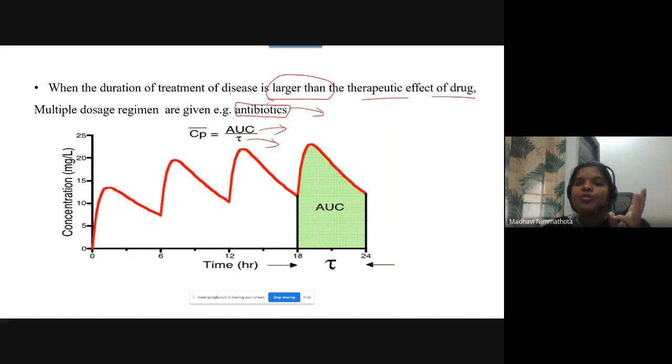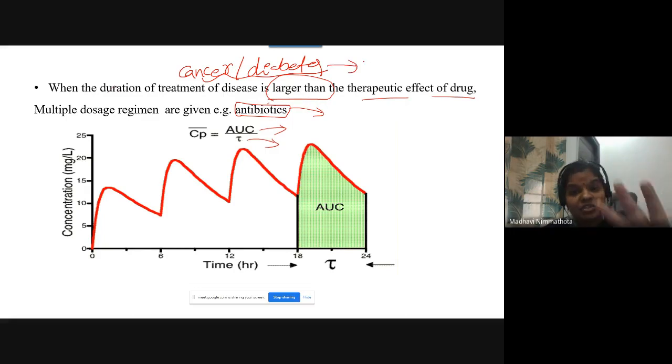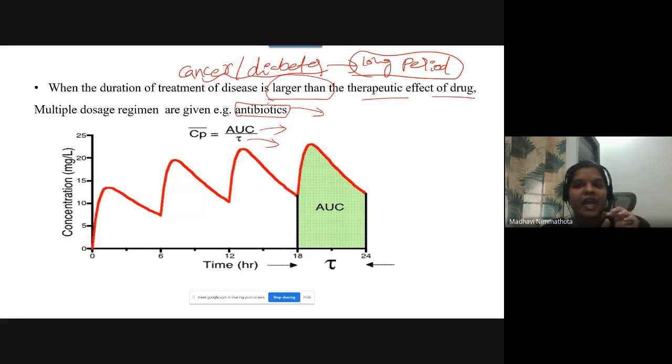Suppose you have to treat a disease, for example cancer or diabetes. These diseases can be treated over long periods of time. These cannot be treated under a short period of treatment. So for that reason, the therapeutic effect of the drug is also more than